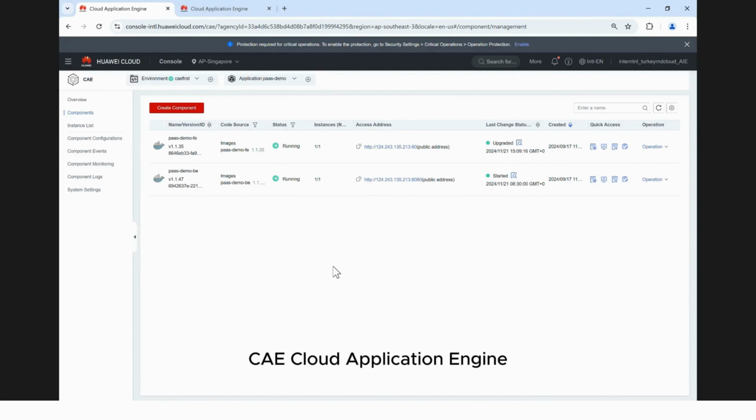CAE, Cloud Application Engine, is serverless hosting for ultra-fast web and microservice application deployment. This hosting is low-cost and zero infrastructure (O&M). CAE releases applications from source code, software packages, and image packages quickly and easily, with auto-scaling to the second, all built pay-per-use. The whole application lifecycle is manageable with observable metrics.